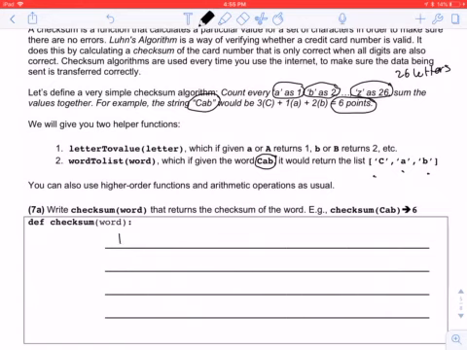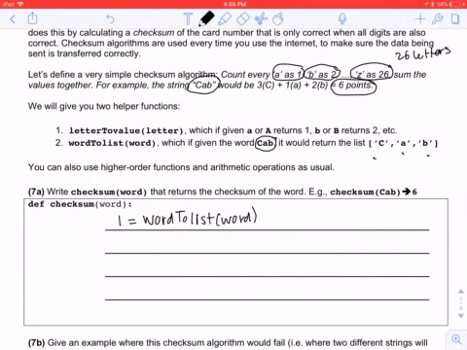So I'm just going to say L is word to list of word. Alright, so that gives me the actual list of letters in the word, right? And then I want to go through each letter in the list. So for letter,